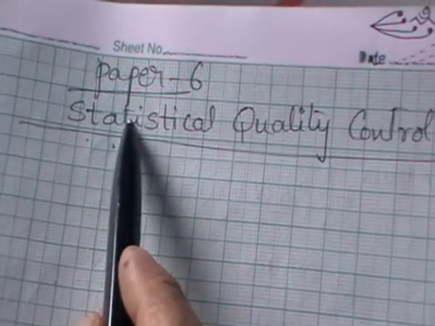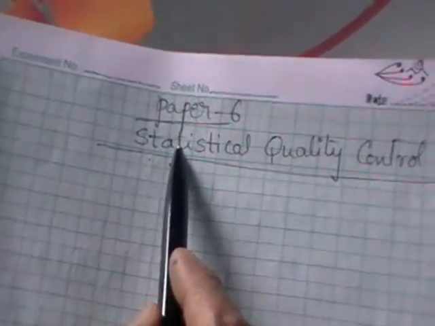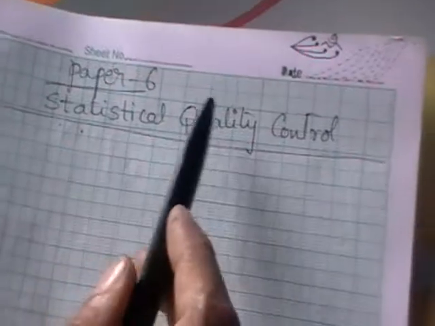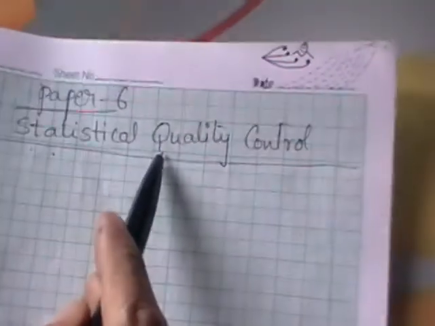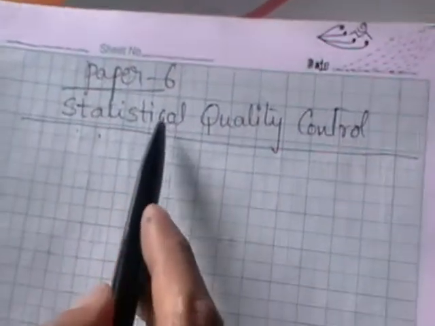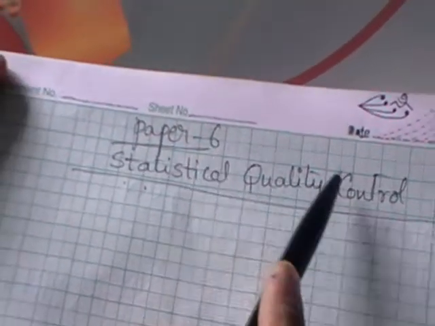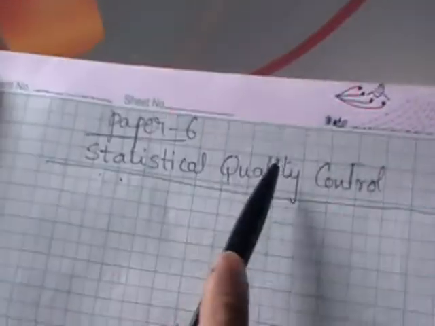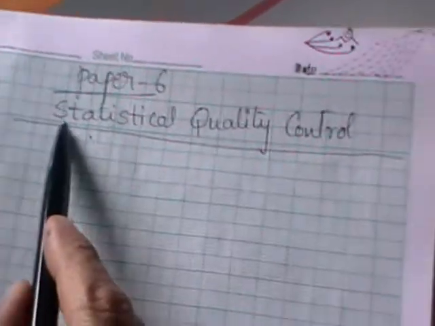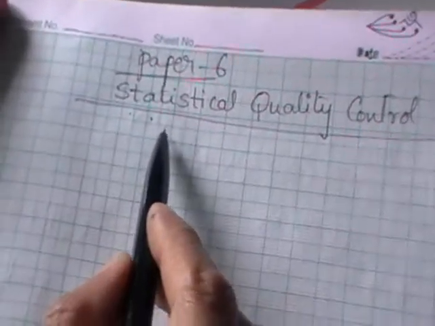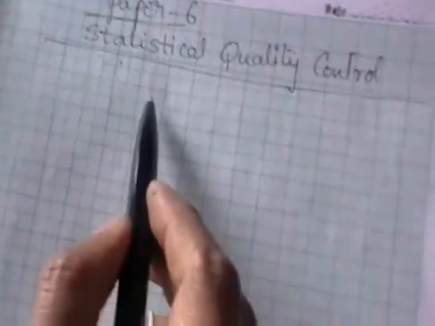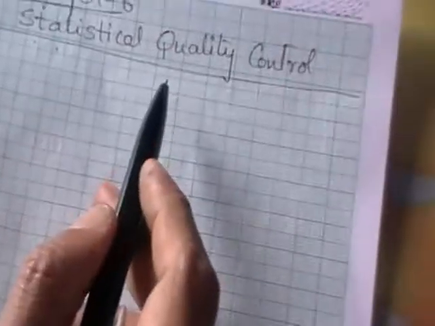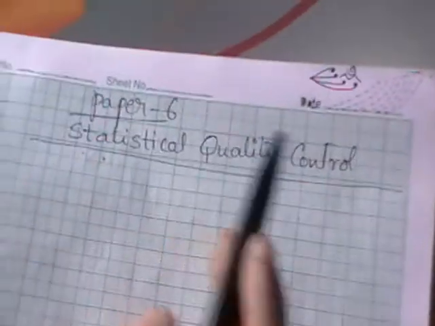Coming to paper 6, after receiving the question paper, you should check whether it is SQC or not, because for all these optionals like mathematics, statistics or computer science, paper 6 is an elective paper. In the syllabus you have, under paper 6, 3 options A, B, C. Different colleges will choose different papers. We have selected SQC as our elective paper. So don't be in a hurry to answer after receiving the question paper. Just check whether the question paper you received is SQC or not. This is about checking your question paper.